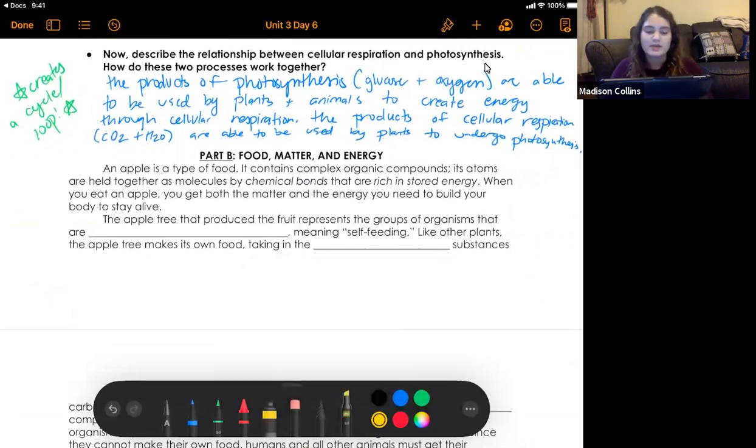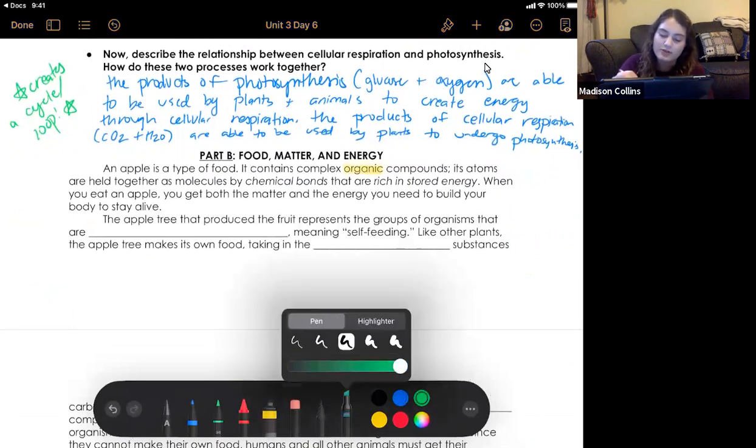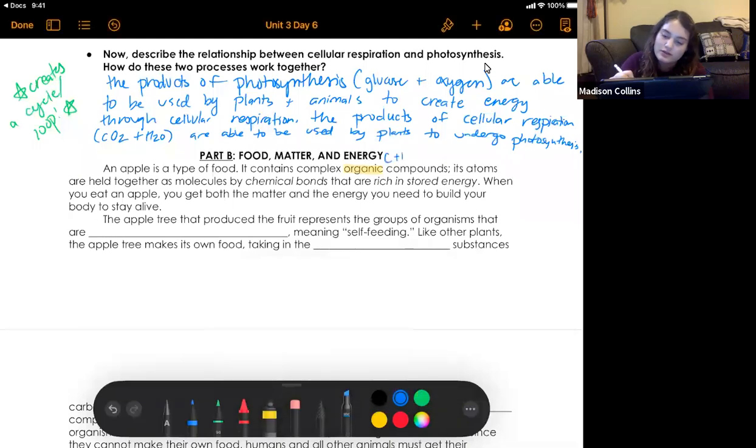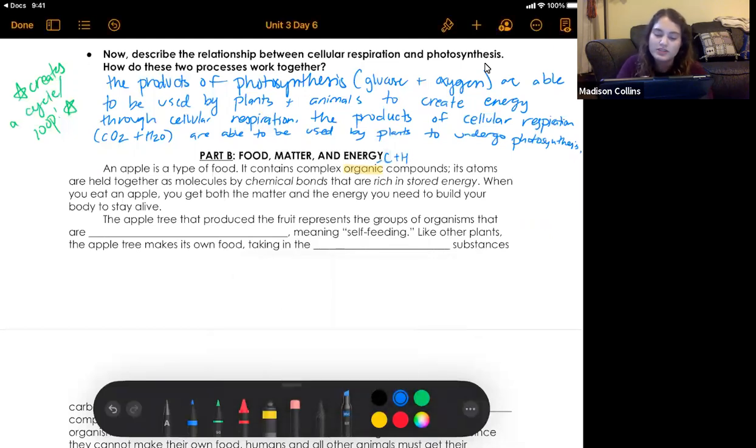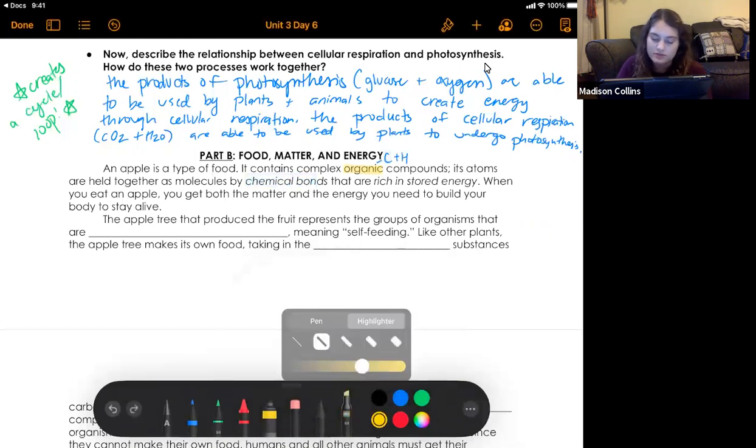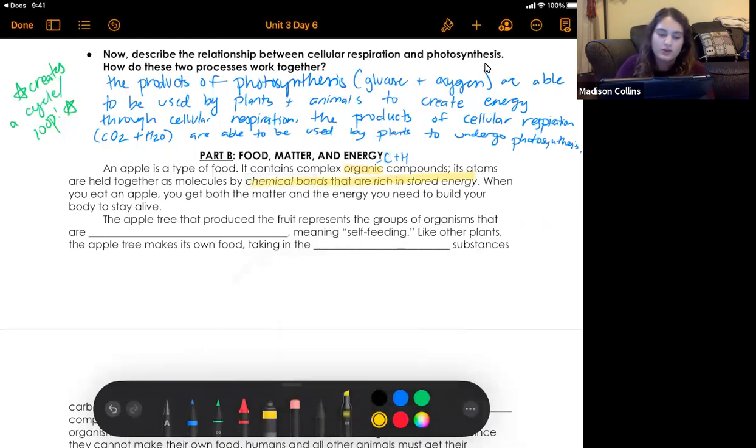An apple is a type of food. It contains complex organic compounds. Remember, if something is organic, it contains carbon and hydrogen. Its atoms are held together as molecules by chemical bonds that are rich in stored energy. Oh, I want that to be yellow. When you eat an apple, you get both the matter and the energy that you need to build your body to stay alive. The apple tree that produced the fruit